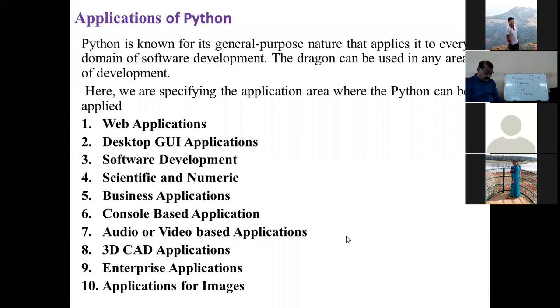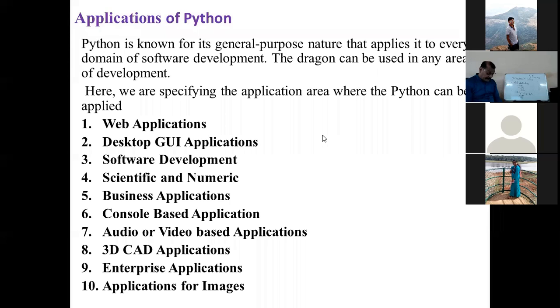There are interfaces of Python through widgets, Kivy, PyQt. PyQt is there, wxPython, Kivy. These are the tools which can support.